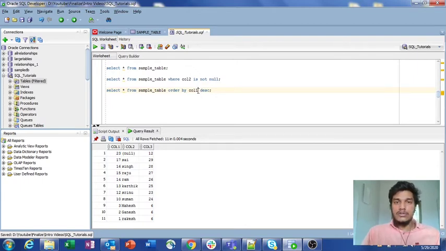Here you can also specify ORDER BY on two columns. Suppose I want to order by column 1 and column 3, because both are integers. I want to see how it gets executed. Now I am running it. If you observe this,